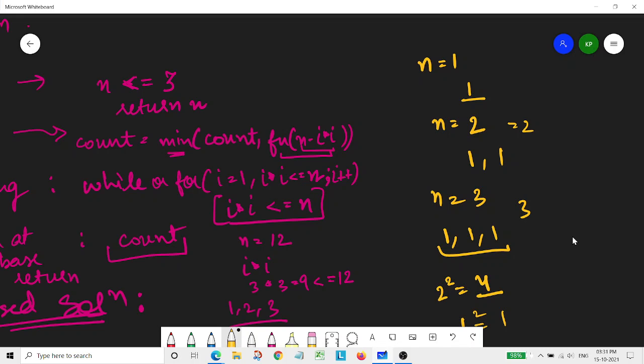Whenever we face a number like 13, we have 4 plus 9, or a number like 10, which is 9 plus 1. In 10 we have two perfect squares, and here we got 1, right? It will reach the base condition when it encounters this 1, so 1 would itself be returned.